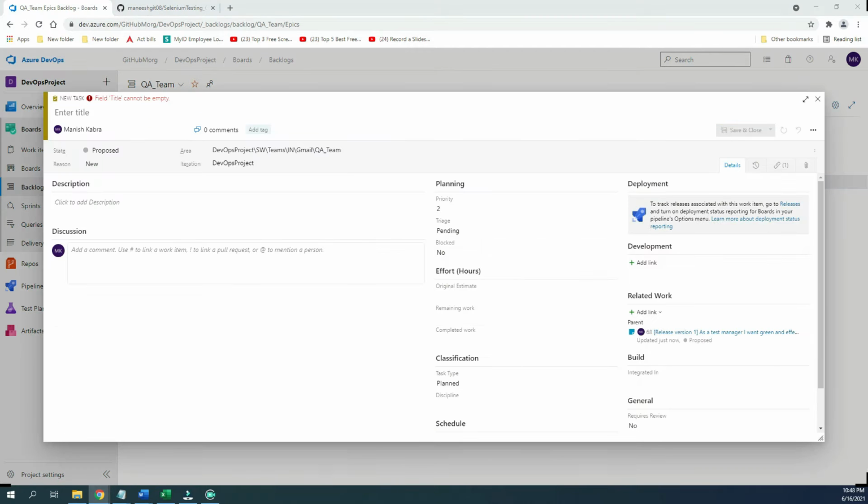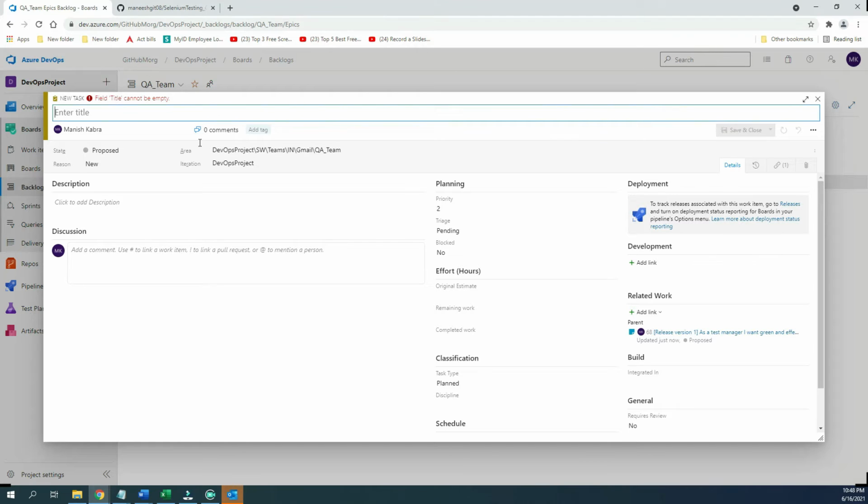The name itself is telling us it's a recurring requirement, and my task might keep repeating sprint to sprint. But if I want to differentiate, I will give the release name version one, and apart from that I will add the iteration name. Let's say I'm adding IT01. I want to pick this up into IT01.